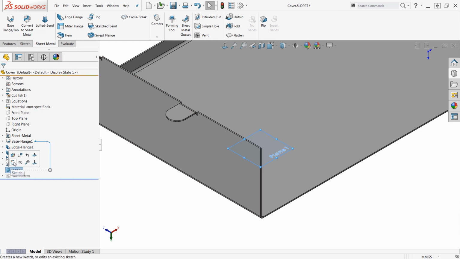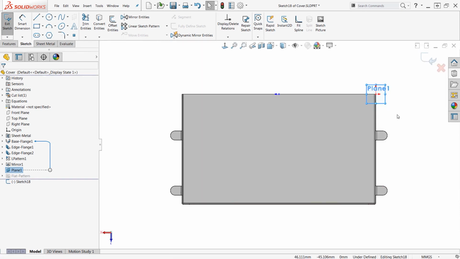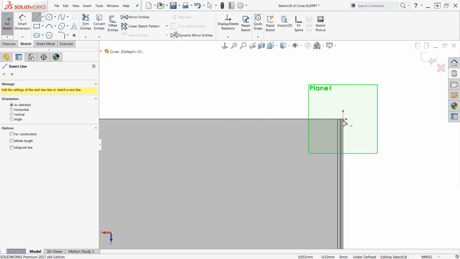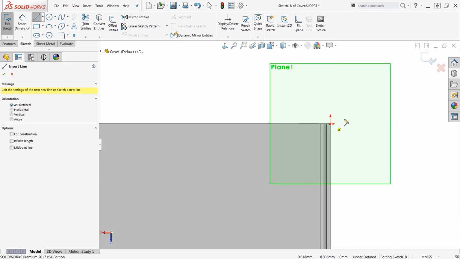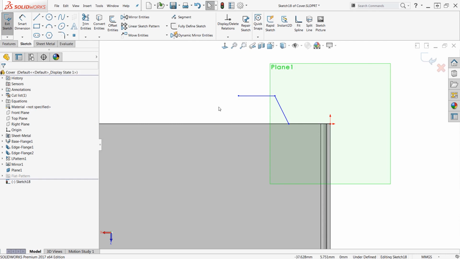So selecting the sketch, I'll begin selecting the plane, I'll begin a sketch, swipe for normal to. I'll zoom in on this corner, pick up a line, starting at the origin. Very carefully I zoom in, come across here a little bit, put a couple lines in here, hit escape, dimension these,